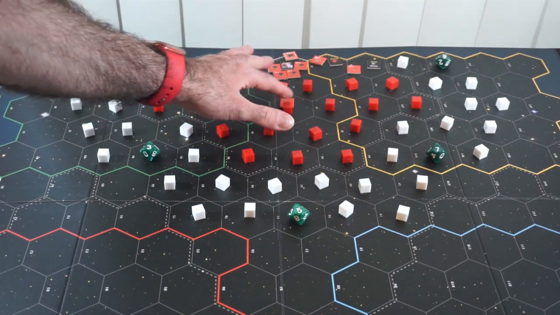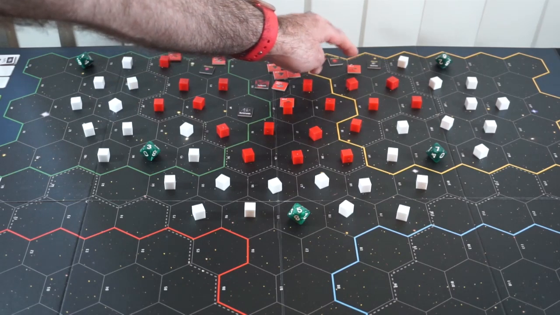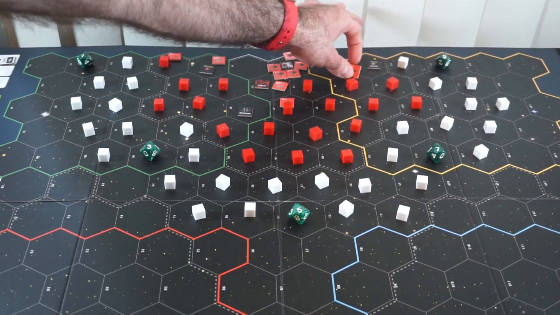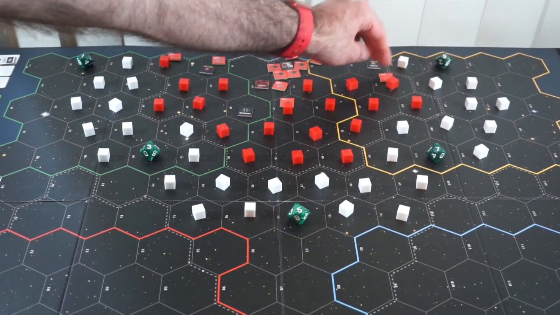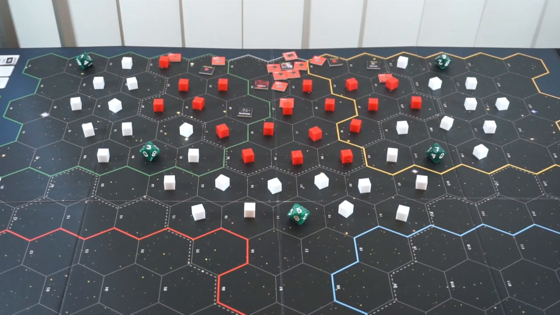Scout 2 will move over here. The colony ship that's here is going to stay put. And then we're going to bring Scout 3 to K9. I don't want to head into deep space just yet. I'd like to have at least one turn where I don't need to worry about having to redeploy a scout in theory. So, going into our exploration phase, Scout 1 here will find